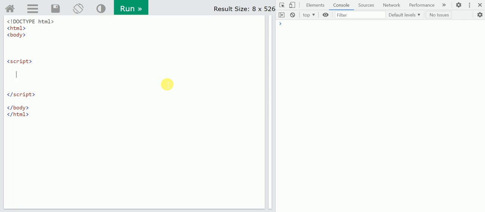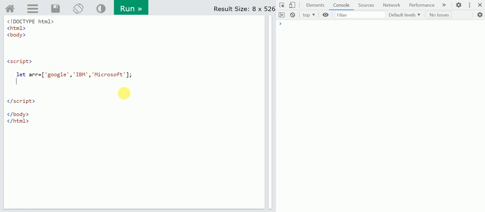Okay, so let's get started. Here you can see let ARR equal to some array values as a string array: Google, IBM, and Microsoft.